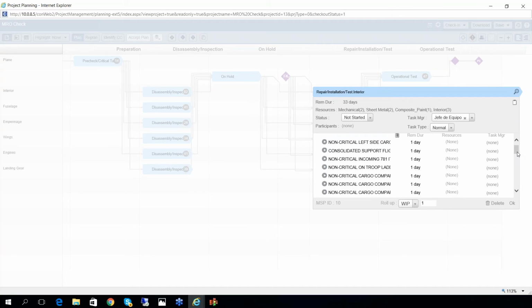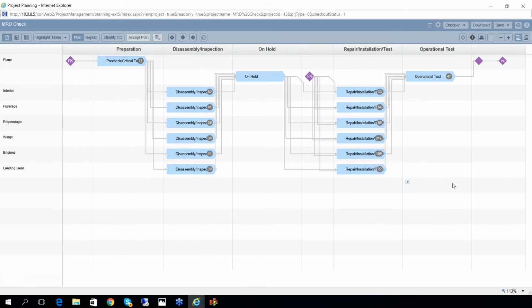And sometimes the sequences are determined by what is happening on the rest of the project, or where you find space, or exactly which mechanics are available. And those details can be managed by the supervisor of this task, not by the project manager. The critical path of the project is not affected by those day-to-day scheduling decisions. So let's go back to the high-level project plan from the subtask.